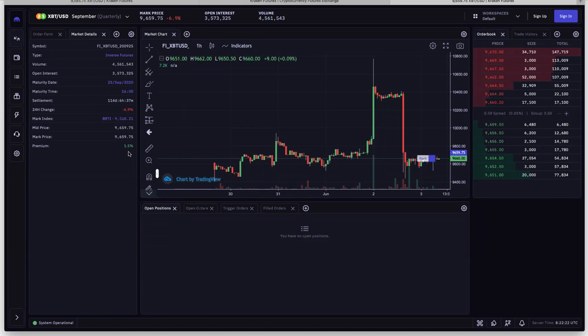Whereas with the funding rate, it varies every 4 hours. You're never sure exactly what you're going to be paying over a period. And if it is a very, very bullish market for a prolonged period of time, the funding rate can end up being a little bit higher. Whereas with the fixed maturity contracts, you know exactly what you're going to be paying. To hold a leveraged position open, you'll be paying 1.5% over the course of this time, and you know exactly what it is at the time of entering the position. So it's more predictable, and it can often be cheaper as well.